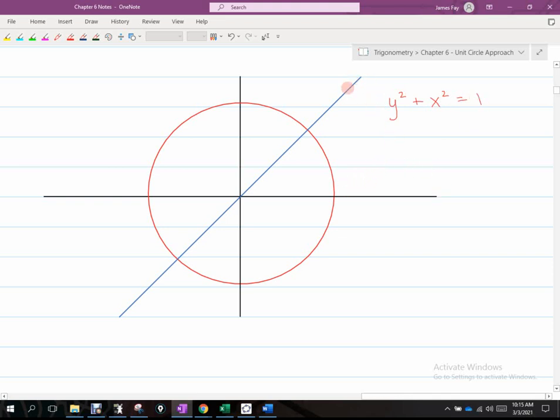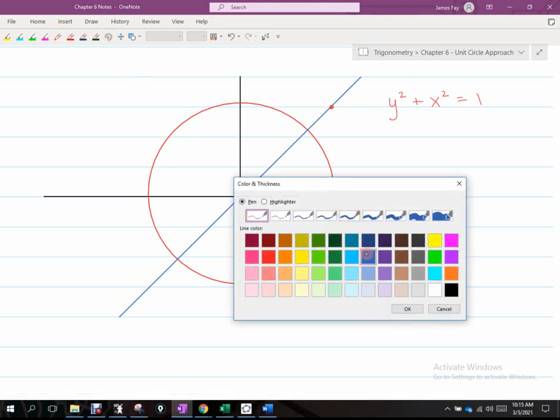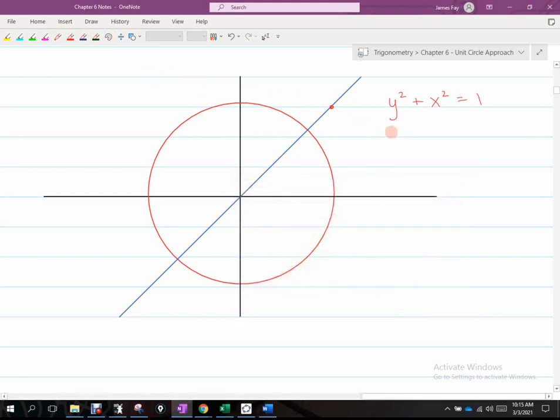What's the equation? Now, I know that we don't have a whole lot of detail here, but let's say at this point right here on this line is 1 comma 1. What would be the equation of that line? Y equals x. Okay. Now, this is two equations and two variables,